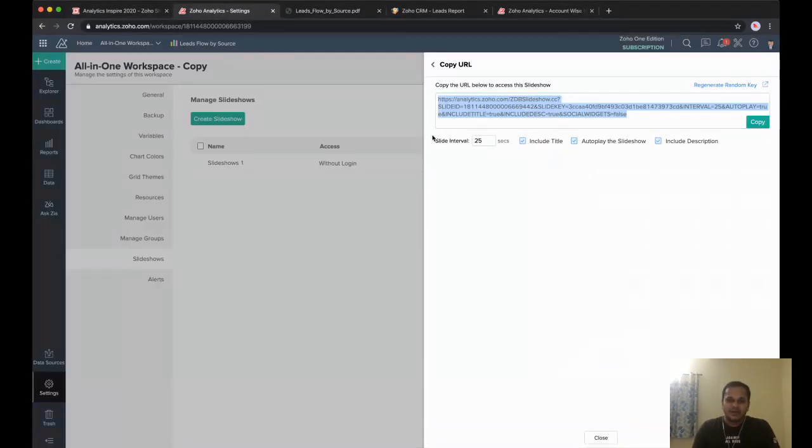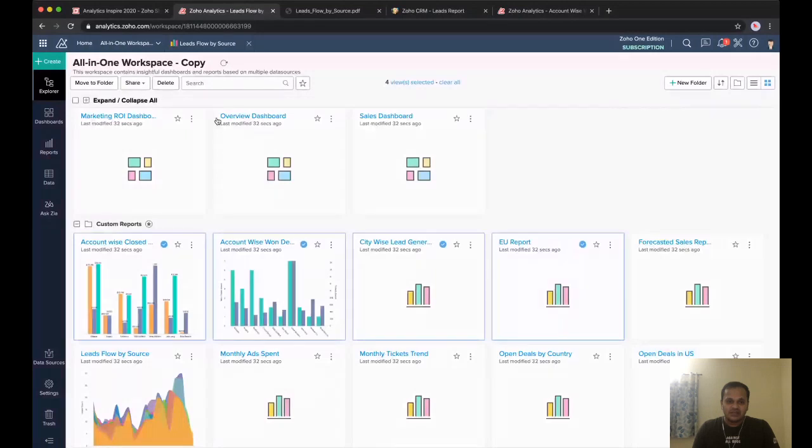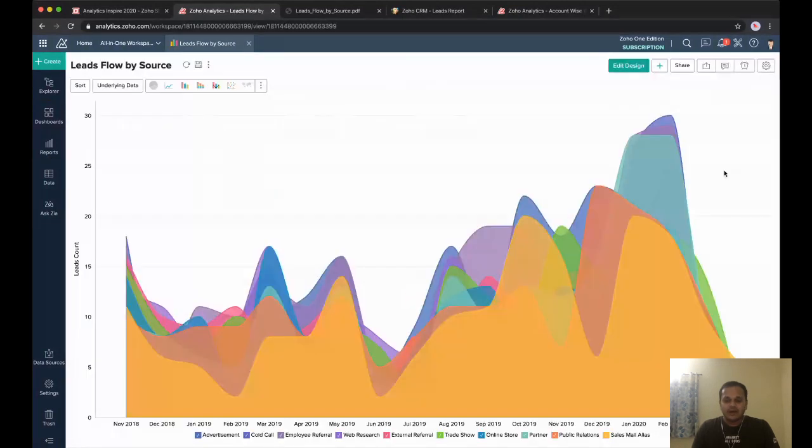And apart from the slideshow feature, I just want to quickly touch base on the commenting feature. So when it comes to a report or a chart like this, now you want to collaborate with other users. The easy way of collaboration is not exporting and sending an email or sending it in a channel and discussing and so on. The best model of communication or sharing thoughts would be kind of a social media forum. So you want to share some comments directly with the user. All you need to do is just go to the comments, tag the user,